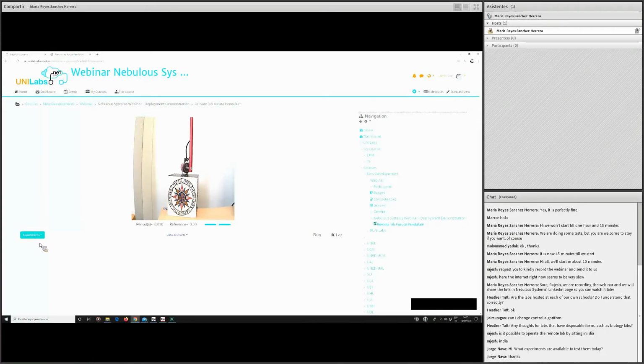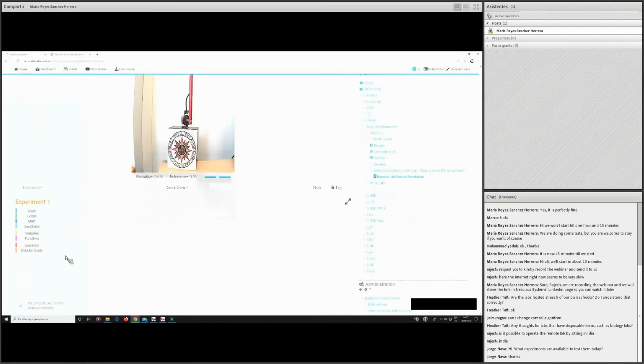So now what I'm going to do is to create a new experiment. I click here, I give it a name. I'm going to leave the default one, and I have the code editor. In this case, with the programming language based on blocks. What I'm going to do is to go to the execution menu at the left, and I'm going to say that I want to start the lab in this